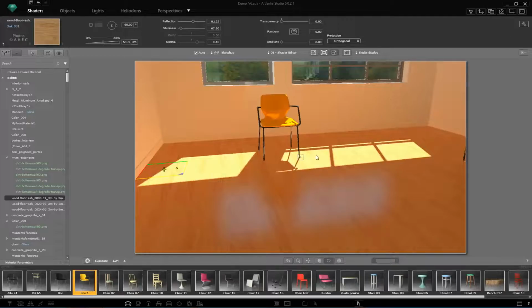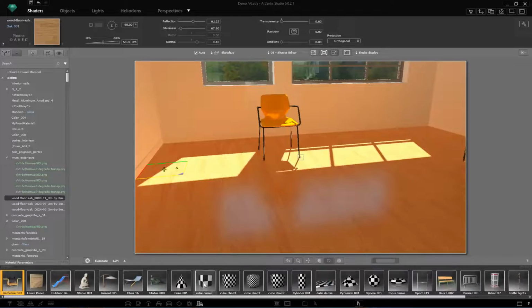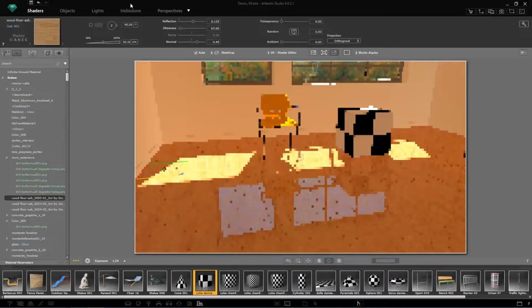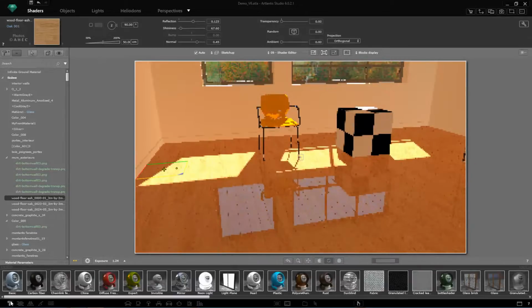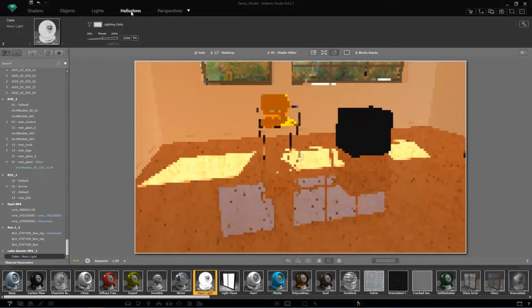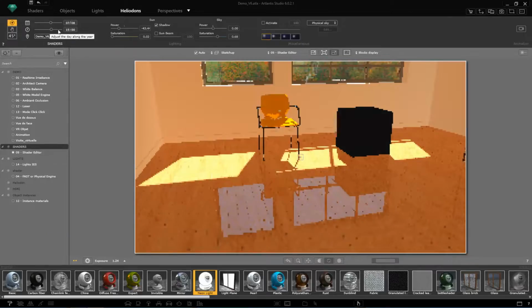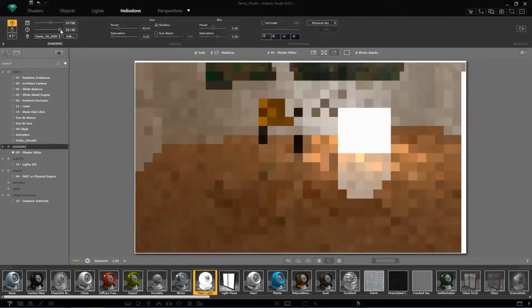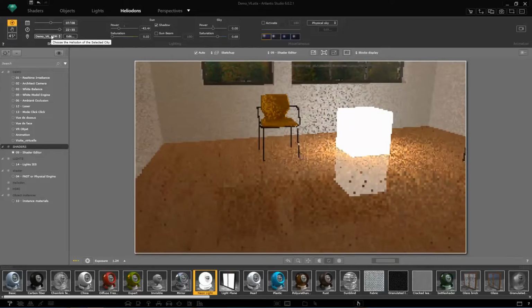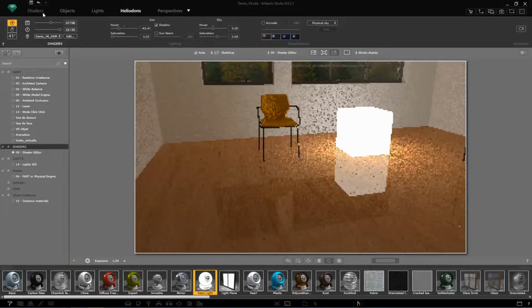We should speak about one more shader, a very special one. For this reason, let me add a geometry to this scene, an average cube from the catalog. I'll map on it this particular shader called the neon shader. It's able to cast light, and to see its effect, I'll go to Heliodon Inspector to change the period of the day. Turn it to night when there is no natural light at all, and only the light coming from the neon shader will light the scene.